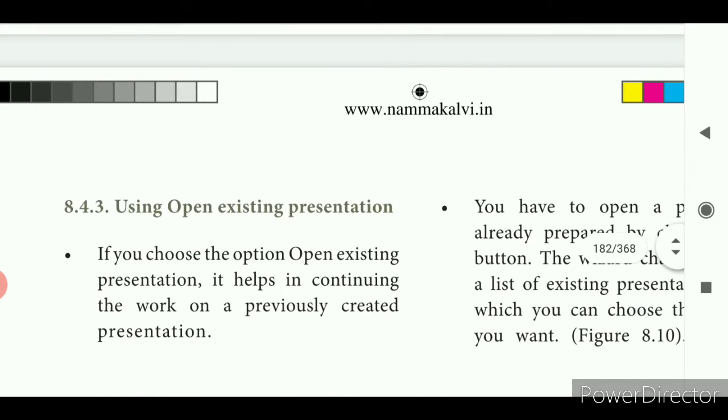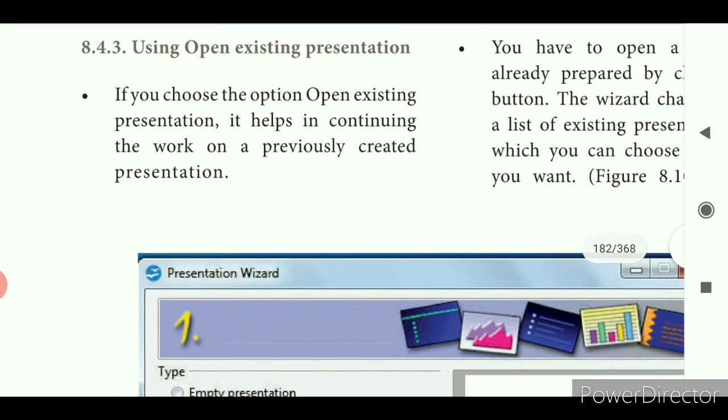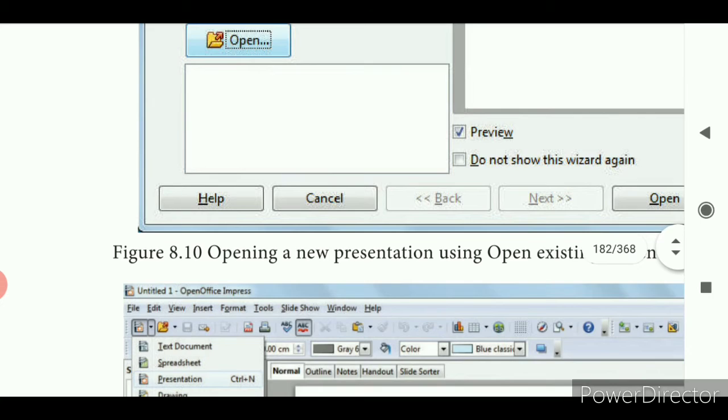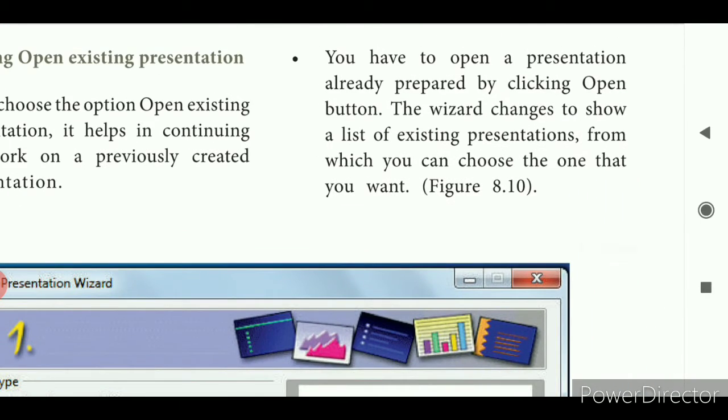Then the next one is using open existing presentation. Using open existing presentation means an already created, that is, previously created presentation. So if you choose the option open existing presentation, it helps in continuing the work on a previously created presentation. So here you have to open the presentation already prepared by clicking the open button.